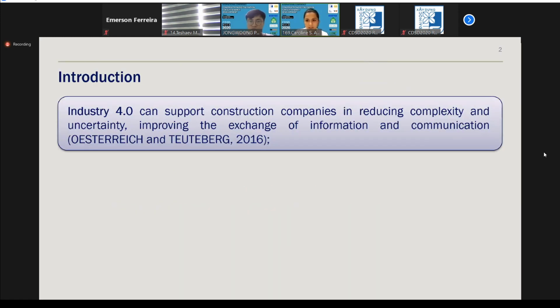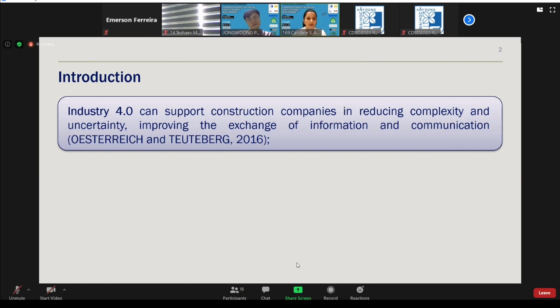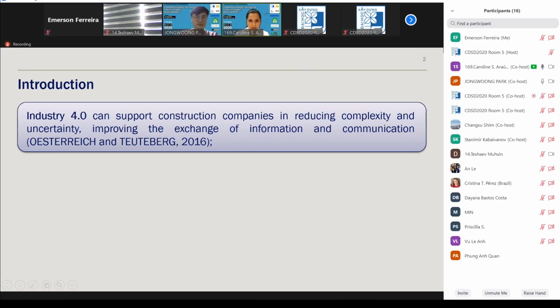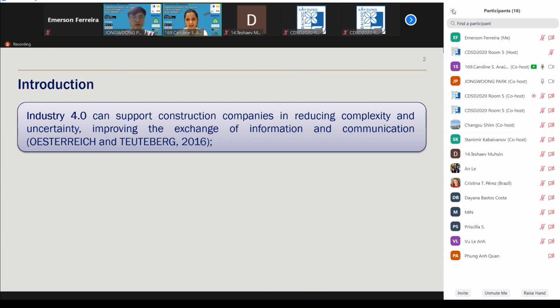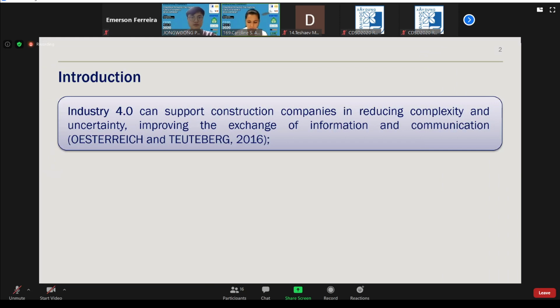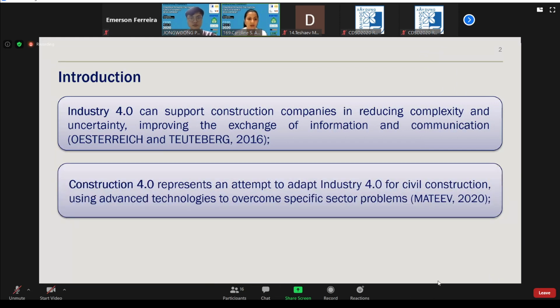So I want to start with the context of the research, and the context is Industry 4.0. Industry 4.0 can support construction companies in reducing complexity and uncertainty, improving the exchange of information and communication between stakeholders, and improving productivity and quality in the construction sites.